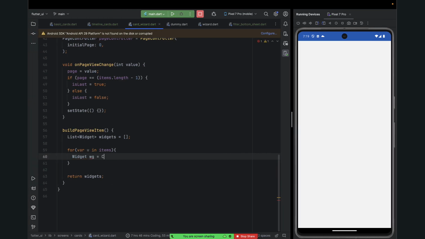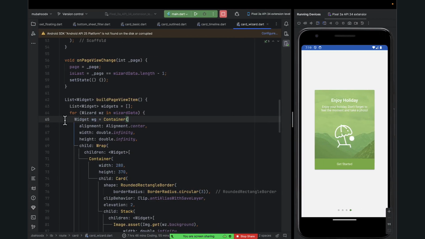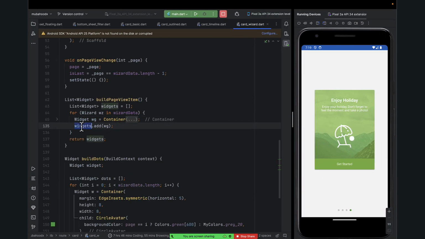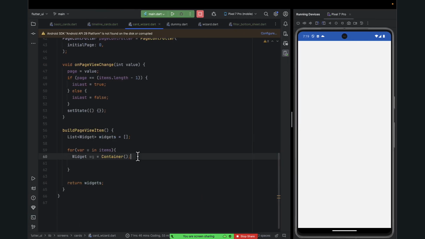Widget equals to container. All right, and then just this is a container. So after creating that widget, you're going to do what? You're going to add it in this what? In these widgets, all the widgets that are going to return, this one here. So dot what? Dot add